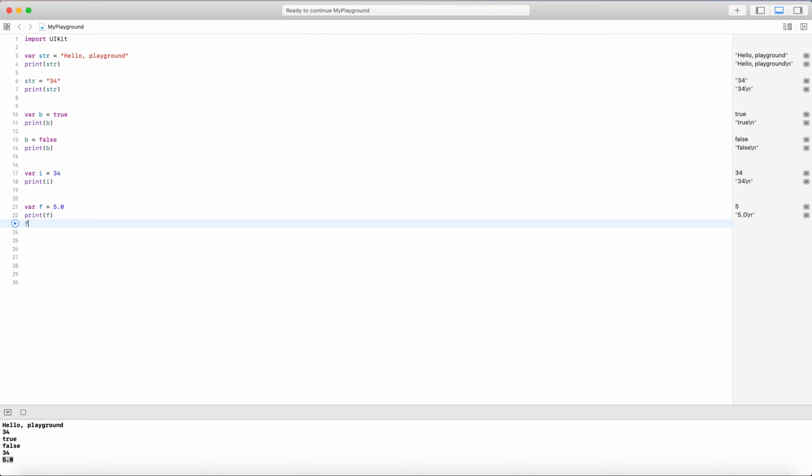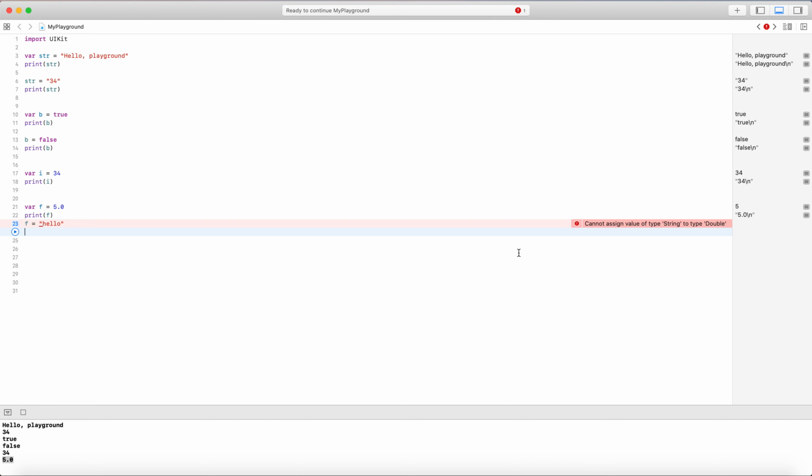In the same way, I can't assign any string value to this. If I assign it, it gives us an error: you can't assign value of type String to type Double.